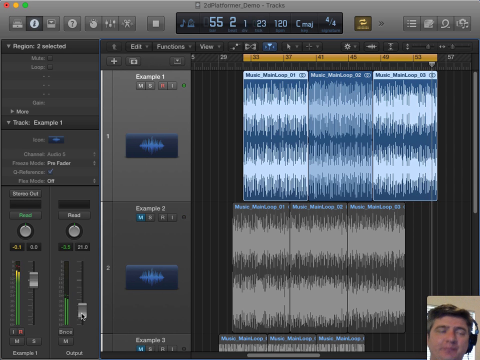8 bars long. Choose a tempo, time signature, choose a key. Then choose your instrumentation. The instrumentation should stay the same. It should be the same drum kit, same instrument for bass, a couple of layers for harmony, and then a strong lead line that changes and develops from one to the next, so that you have that development. It's going to be repetitive enough by the fact that they are loops.